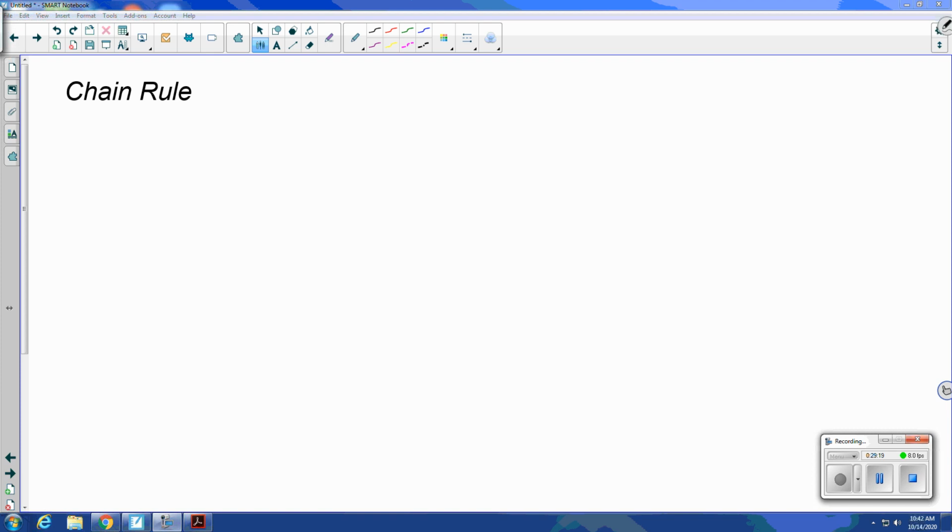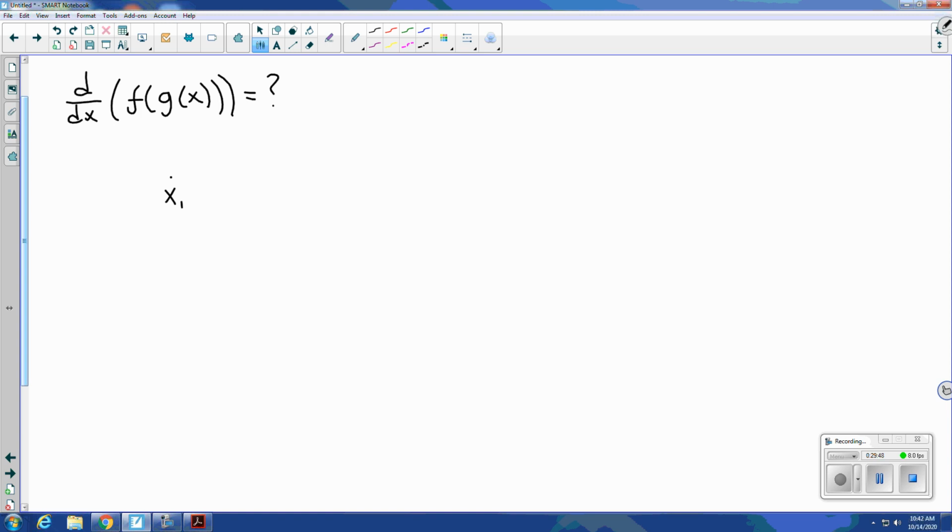Now let's look at the chain rule. The chain rule deals with function composition. So we're trying to determine, well, what's the derivative when we have one function within another? Now it's called a chain rule because there's essentially some chain reaction occurring. Let's say we have some value x1. This value at x1, if we make a change to that value of x1 so that it moves to some value x2,